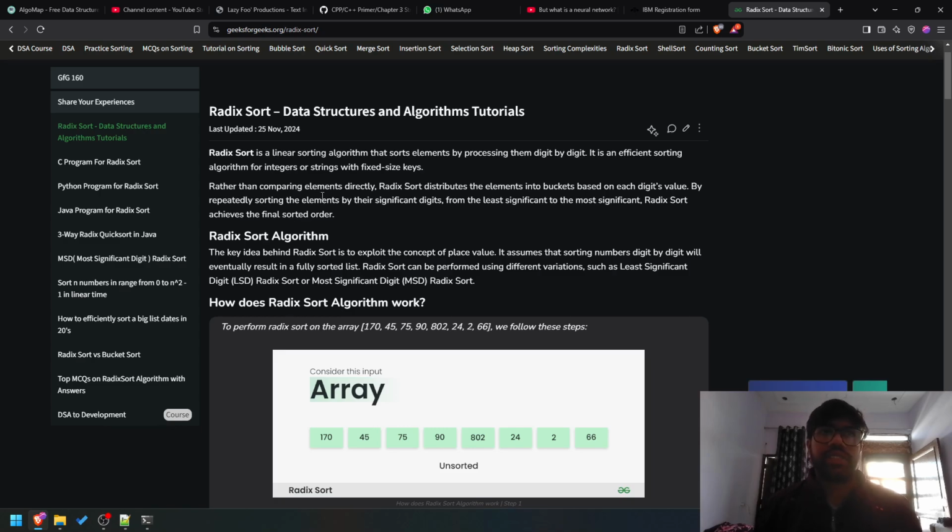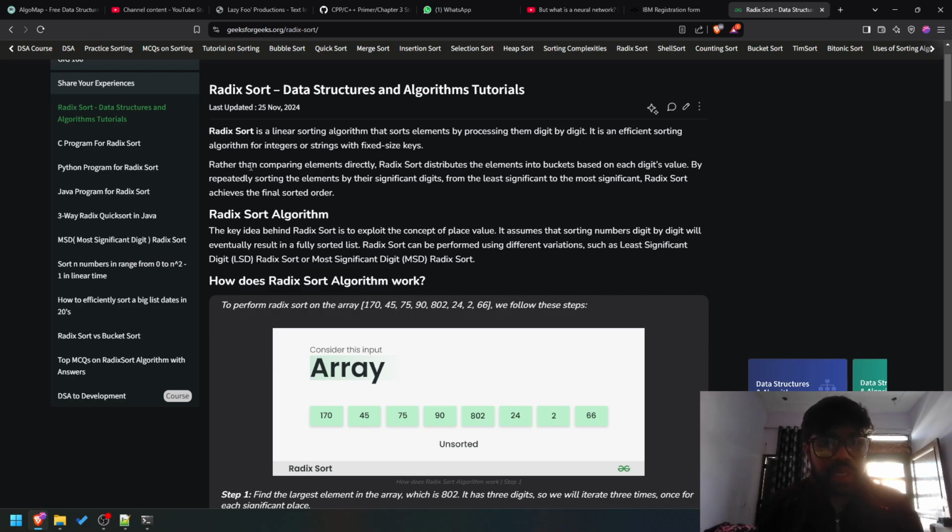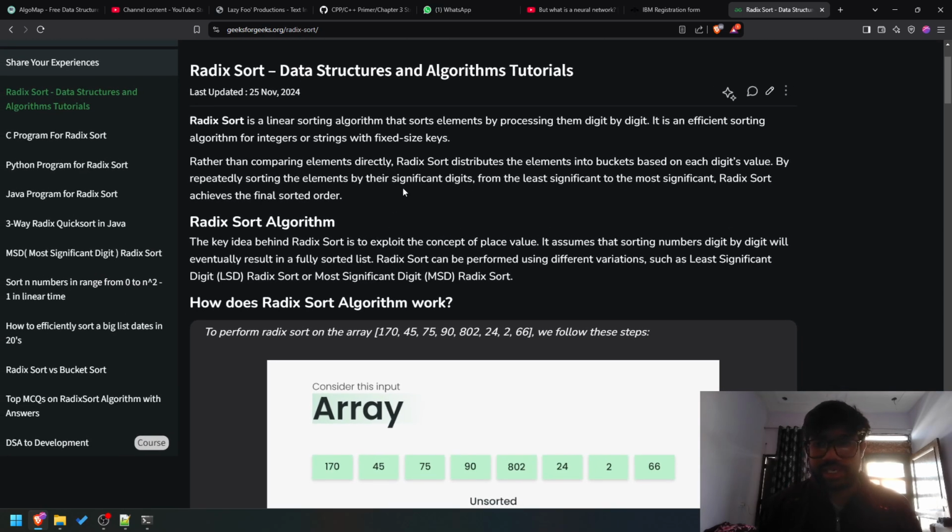But it was intriguing to know what does count sort return, because we are simply providing it the values, the digits as per to say. So it's difficult to know how many of them we would get. Okay, rather than comparing elements directly,